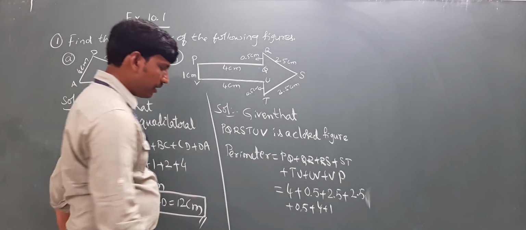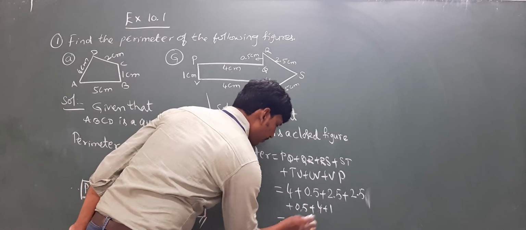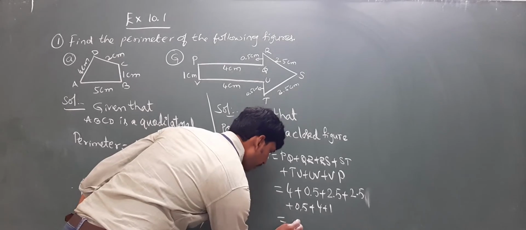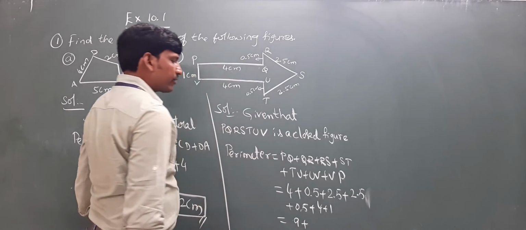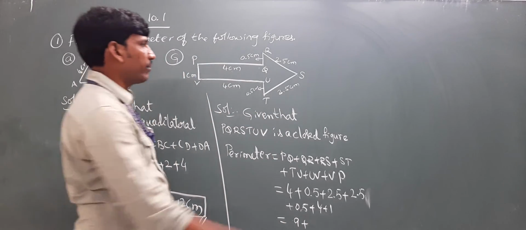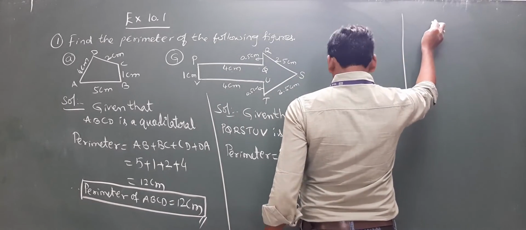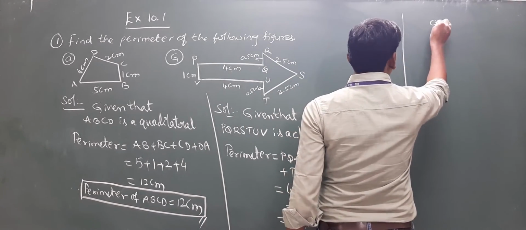Two 4s are there. So 4 plus 4 equals how much? 8. 8 plus 1 equals 9. Now 9 plus, what is the value of 0.5 plus 0.5? See, I am adding here roughly. Okay? So see this here. Here 9 means 9.0,